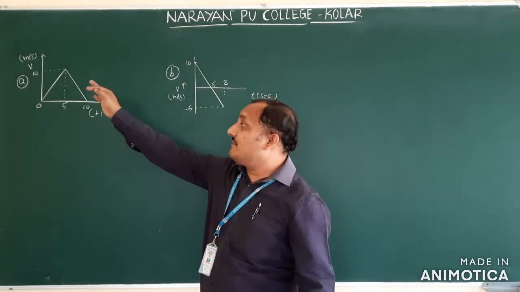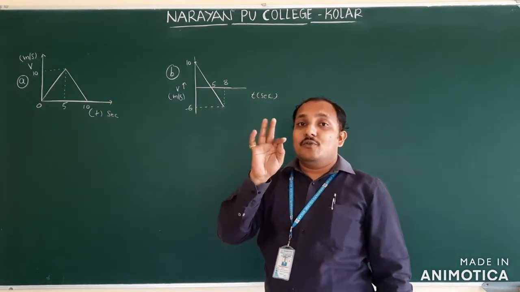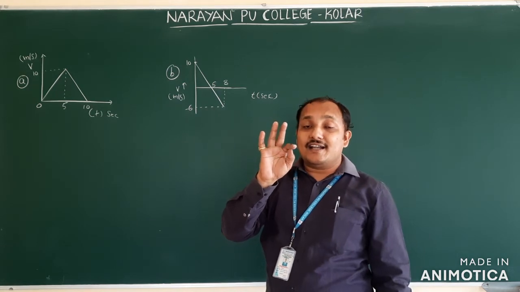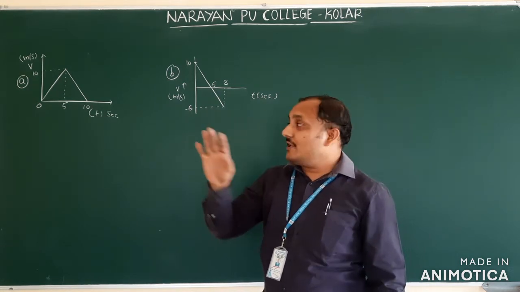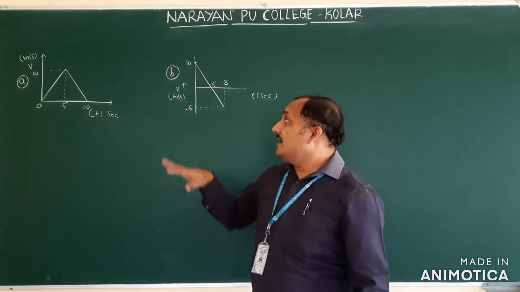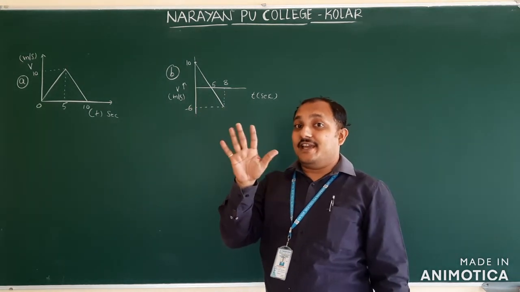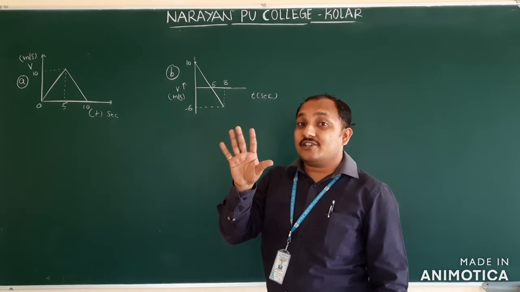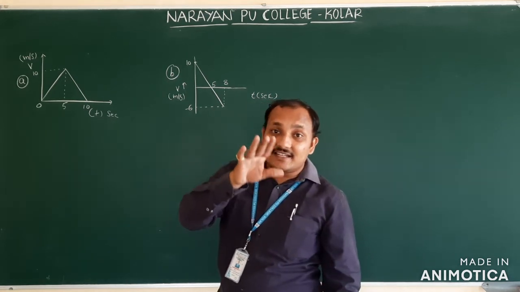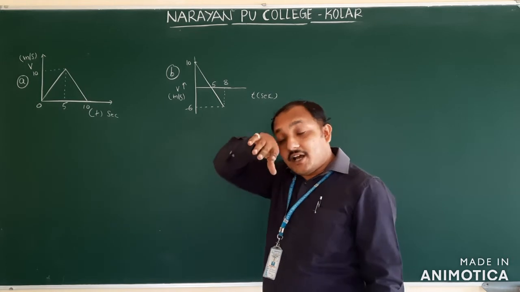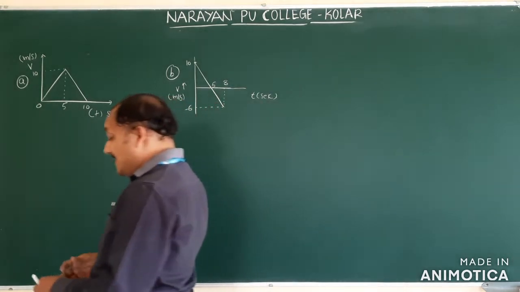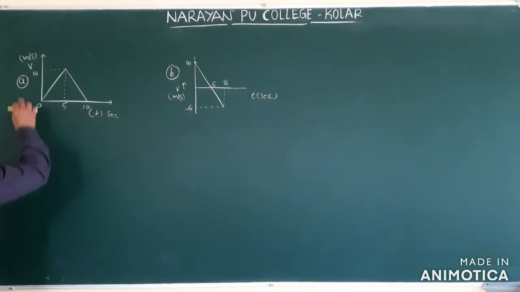This is the graph drawn between velocity and time. Therefore, we are finding the area under the velocity time graph. So the area of that triangle shape. Whichever shape comes, the area of that shape we are going to find. Like that we get another one: the area under the acceleration time graph gives velocity or change in velocity. So first we are finding now. This is the graph drawn between velocity and time. Therefore, we are finding the area of this graph.